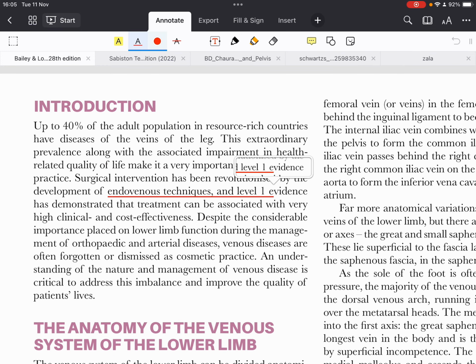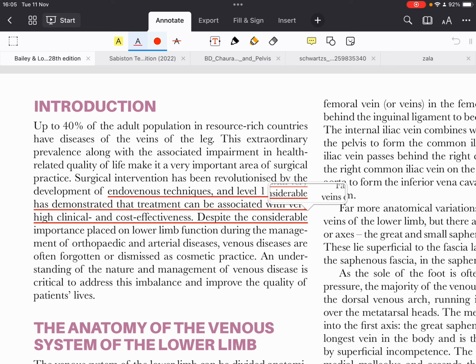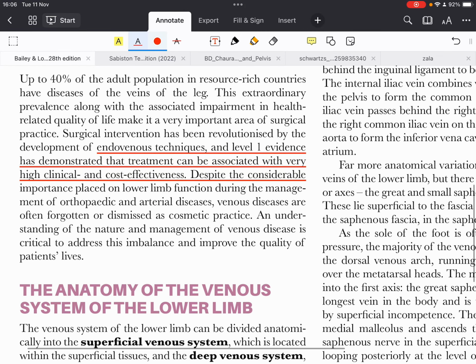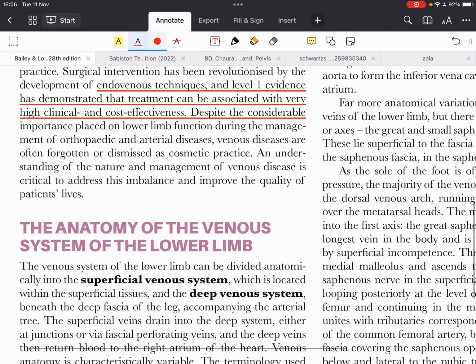endovenous techniques, and level one evidence has demonstrated that treatment can be associated with very high clinical and cost effectiveness, despite the considerable importance placed on lower limb functioning during the management of orthopedic and arterial disease. Venous disease is often forgotten or dismissed as cosmetic practice. An understanding of the nature and management of venous disease is critical to address this imbalance and improve the quality